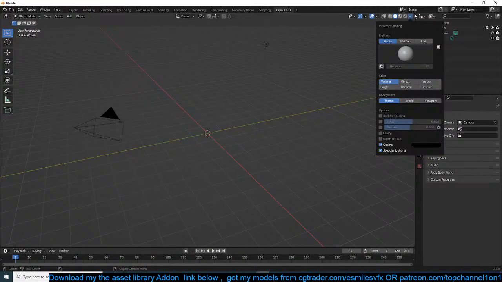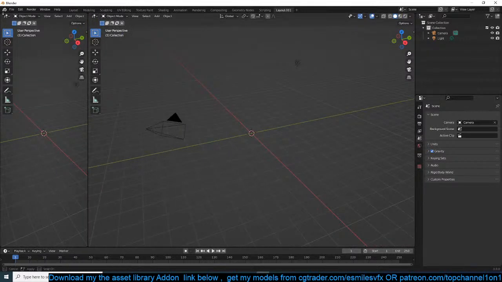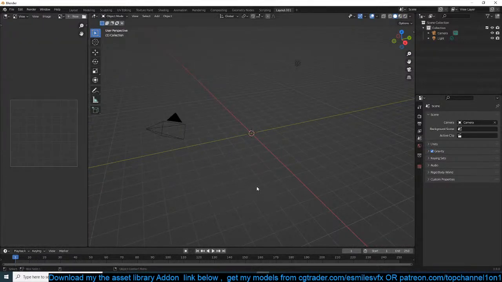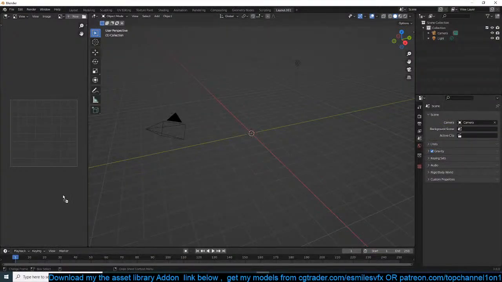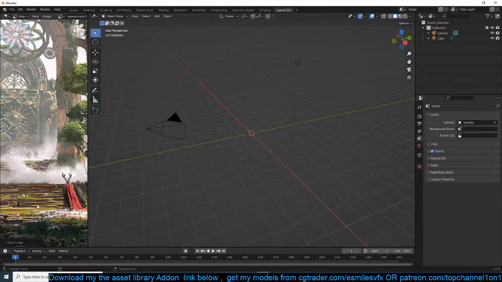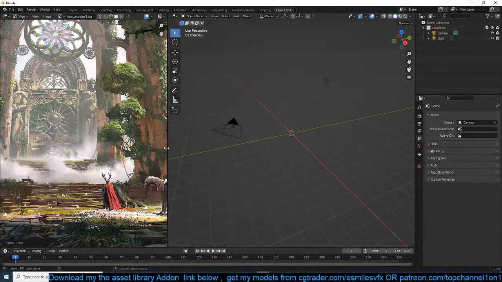We'll just split this into an image editor. I want to add a timer to time myself, but I also don't want to mess up my viewport, or I don't want to make it smaller. Anyway, okay, so